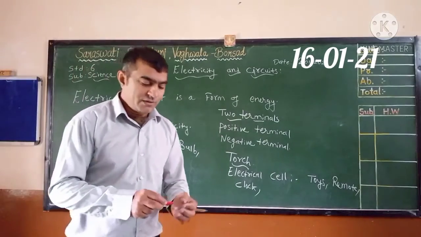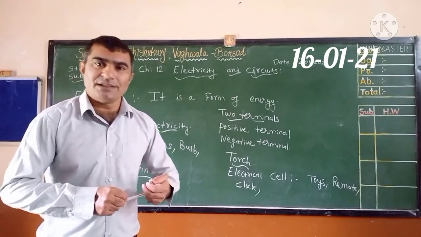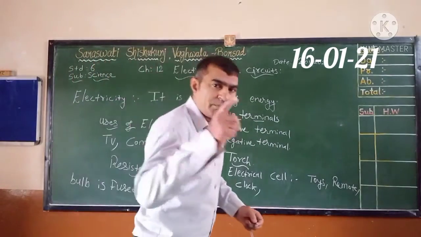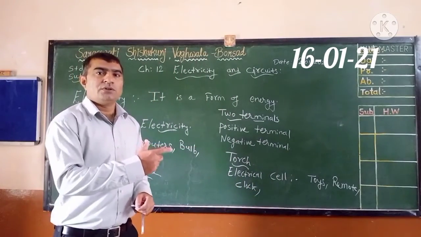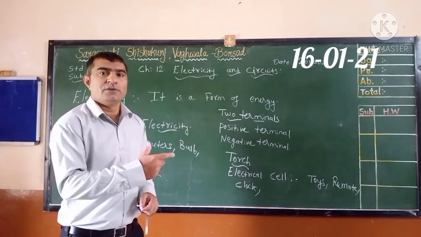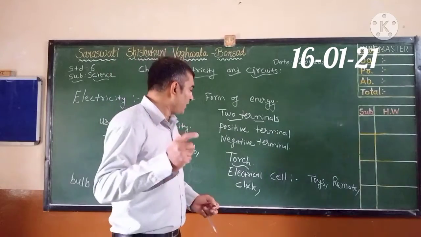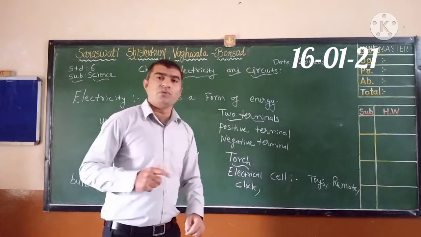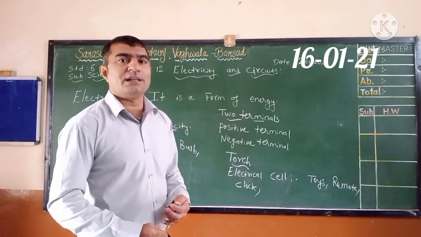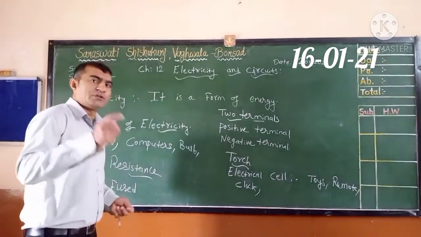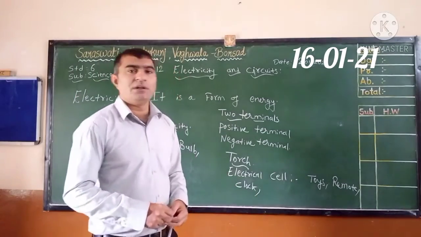And then we have seen about the torch. In that torch, the cell provides electricity. So make another list of the appliances where an electrical cell is used. For example, I have given toys, remote and clock. So you can make a list where an electrical cell is used. Observe the cell carefully. It has two terminals, positive terminal and negative terminal, and